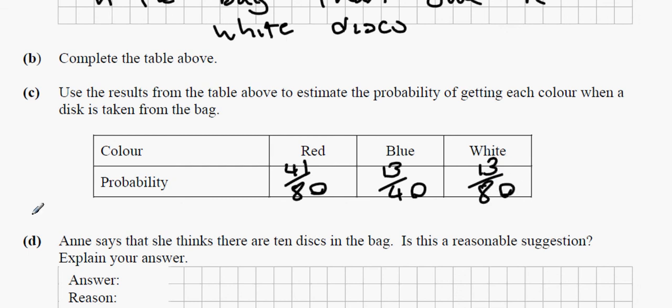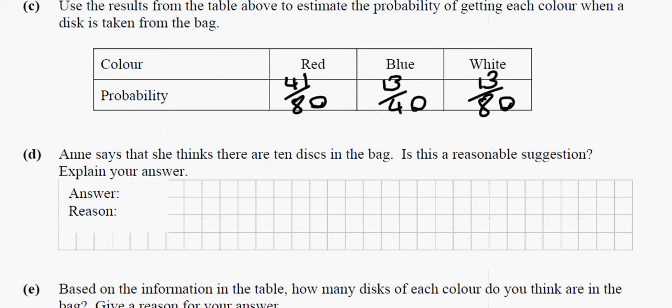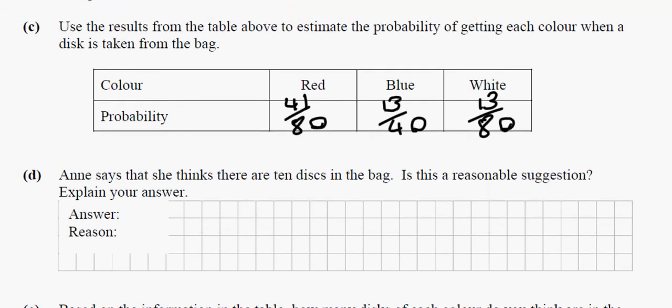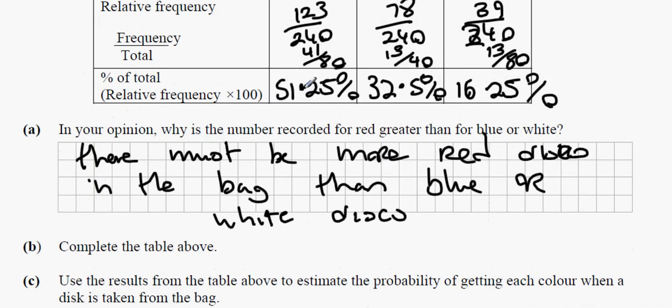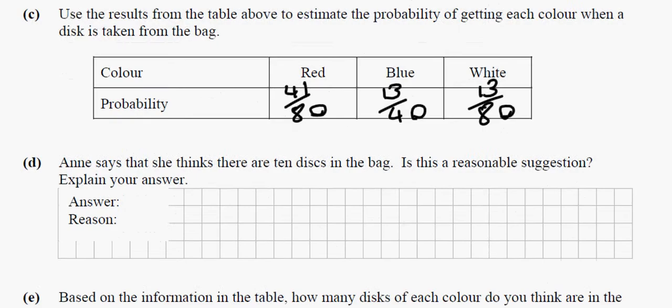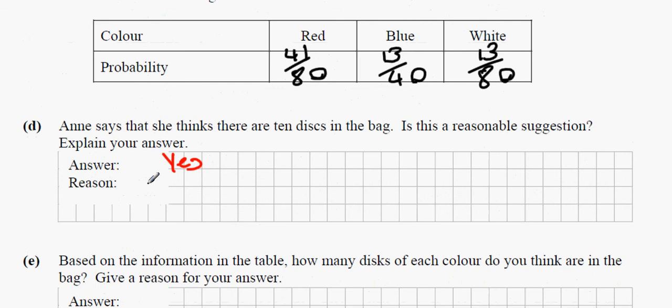Anne says she thinks there are 10 discs in the bag. Is this a reasonable suggestion? Explain your answer. Okay. Look at the percentages. 50%, 51% could be roughly 5 in 10. 32% could be roughly 3 in 10. And this 16% you could round up to 2 in 10. And what you can say is, yes, this is reasonable,